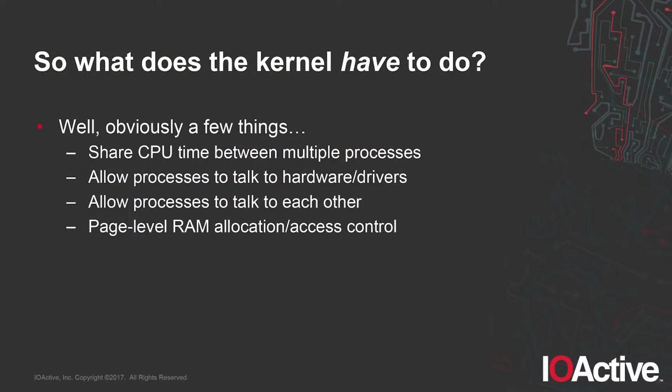You obviously need some way of sharing CPU time between multiple processes. If you have one CPU per security domain, as some papers have proposed, yeah, it's pretty easy to isolate them, but your system also scales ridiculously poorly. Now, once we have these multiple applications running in the CPU, we need some way of allowing them to talk to each other. We need some way of allowing them to talk to hardware. And we need some way of managing memory at the page level.